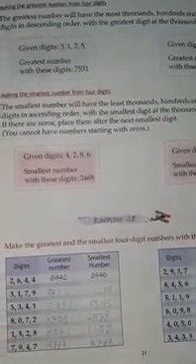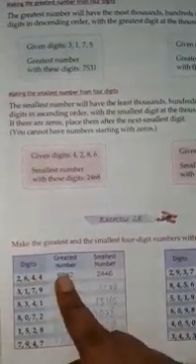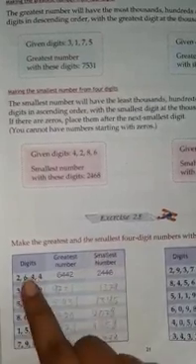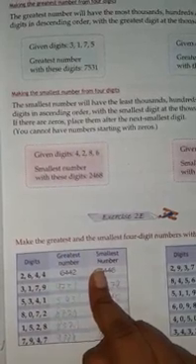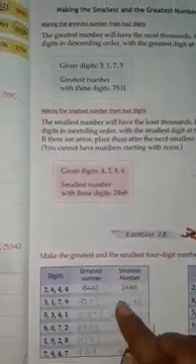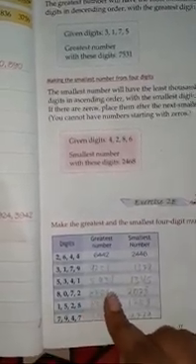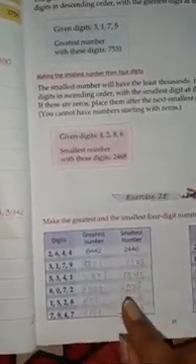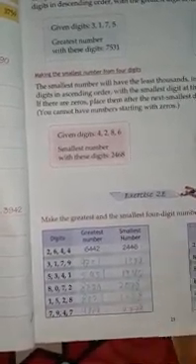But still I am telling you, for the greatest number arrange all the digits in descending order, and for the smallest number arrange all the digits in ascending order. But if you are finding with equal digits, then keep the equal digits in the same or following places, meaning 4 4 or 3 3, you will keep in following places. If 0 is there, then in the descending number you will put the 0 at the last, but in the ascending number you put a number greater than 0 first, then 0, then the rest of the numbers in ascending order.